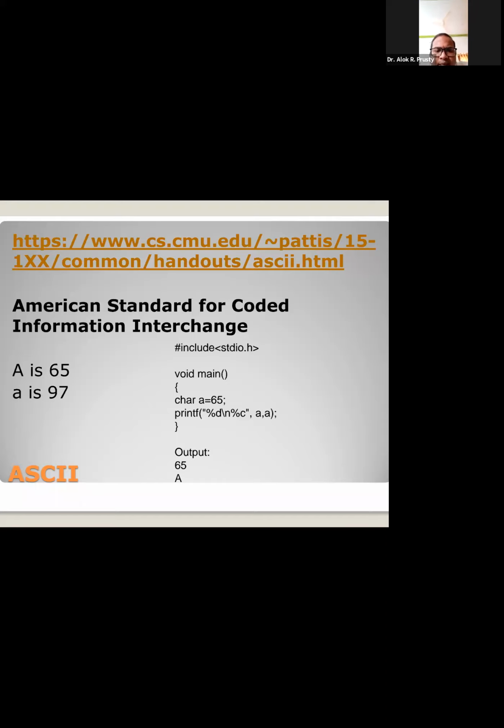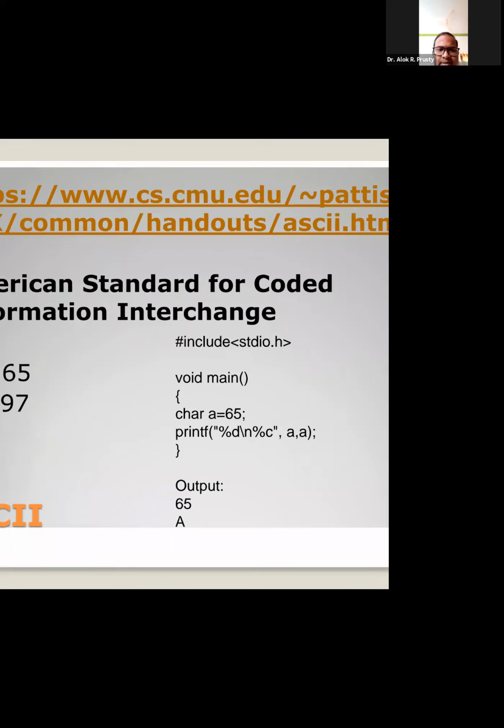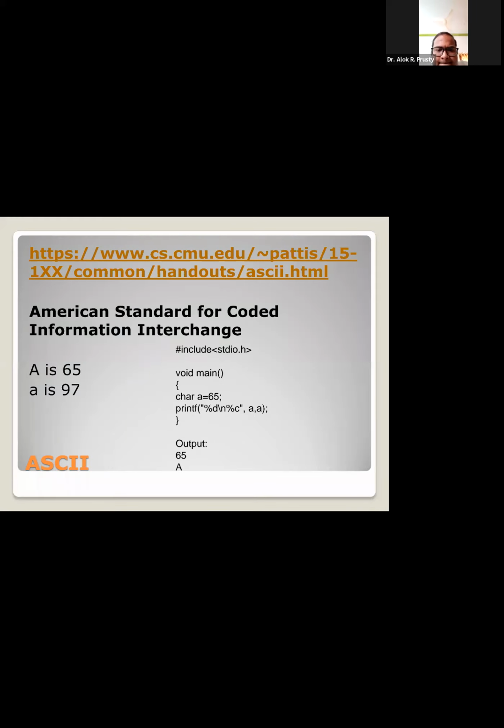Here you can also write char a equals single quotation mark, capital A. You can write either way. Either you can write char a equal to 65, or you can write char a equals capital A inside single quotation marks. Both are equal.